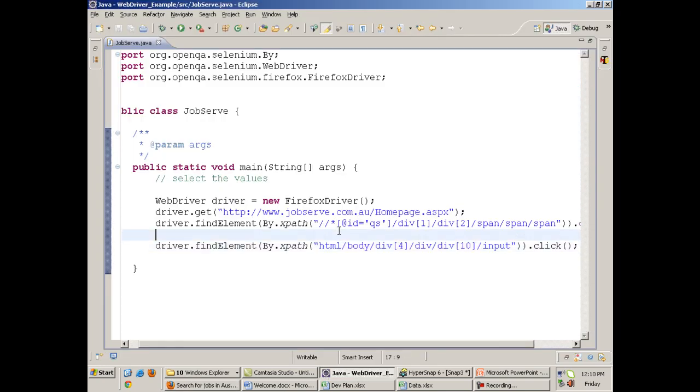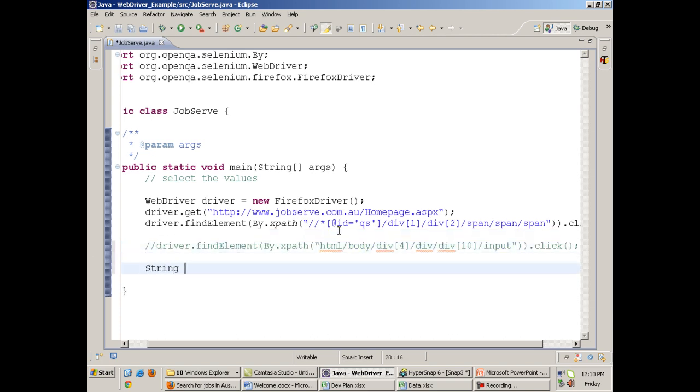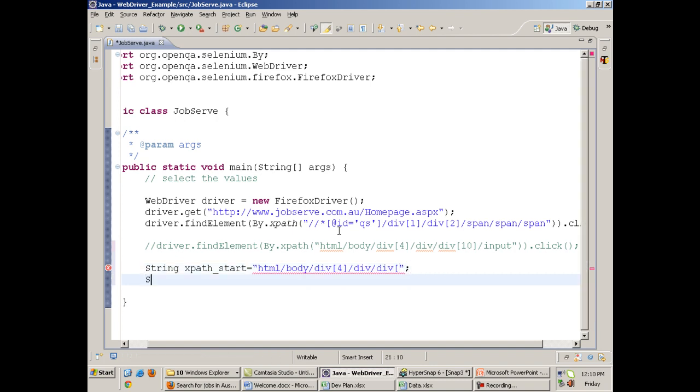I will take a string called string XPath start equals to this, and string XPath end equals to this.